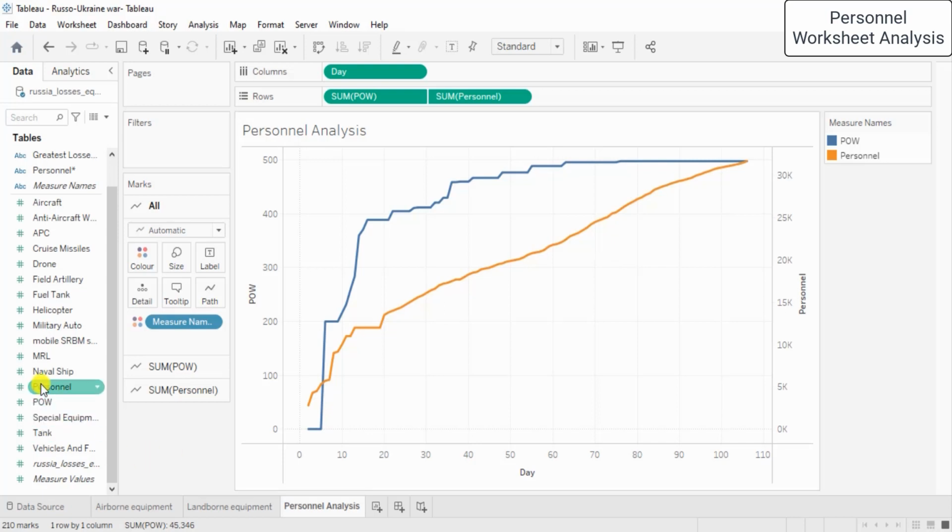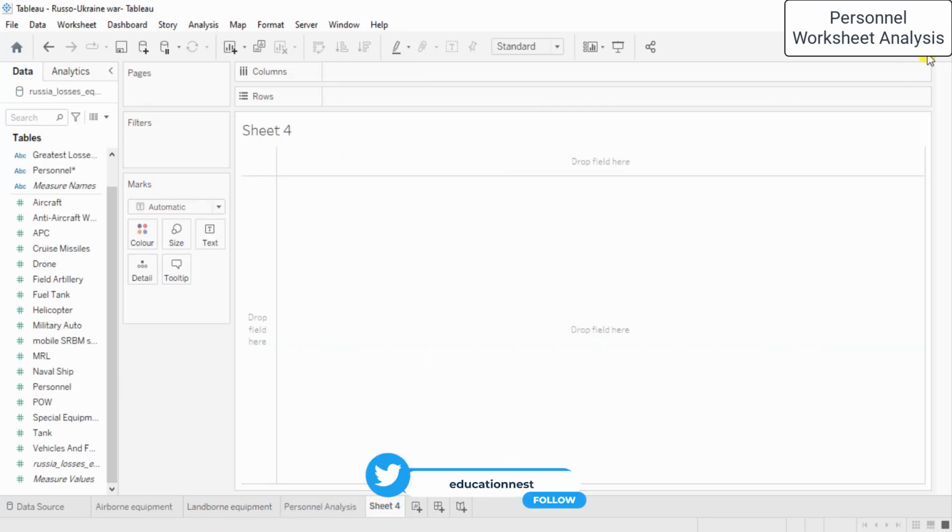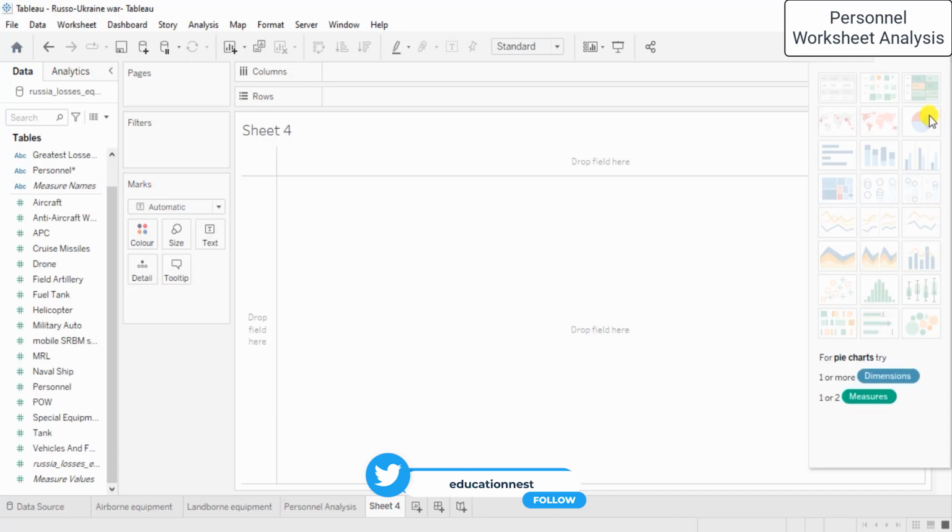Next, let us review the naval ships. Well, we don't have much on the military on the naval side. Fine, let's check it out on a separate sheet. The entire equipment should come up as a pie chart. We need one or more dimensions and one or two measures, right? Fine, so